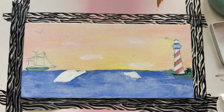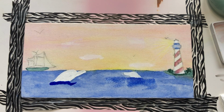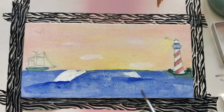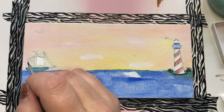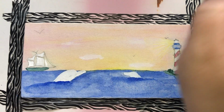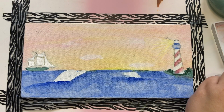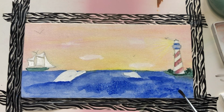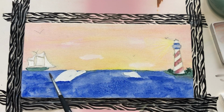So I was very happy with that also, because an hour is a really short time to complete a piece of art. So I think that's why a lot of people love watercolor, because it saves a lot on the time, I have to say. Because now I don't have too much time to use Copic markers. I do occasionally, but I usually do that when my daughters are busy. But the watercolor, I think I'm starting to fall in love with watercolor. I think I'm going to end up falling in love with watercolor, which will be a really bad